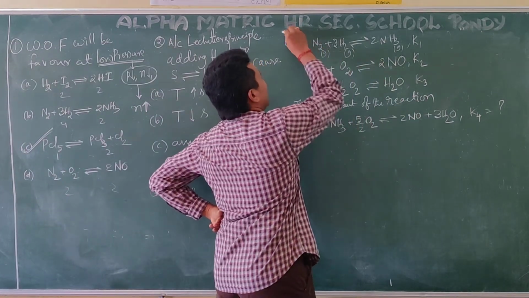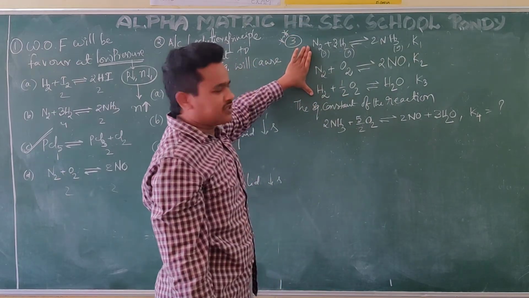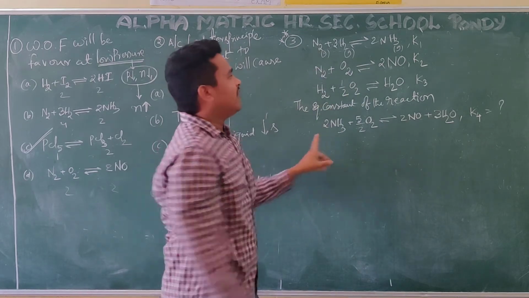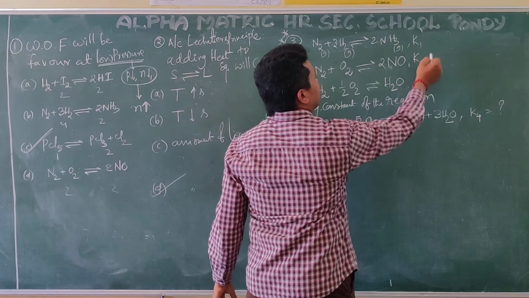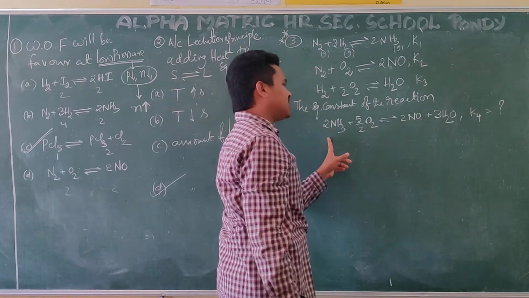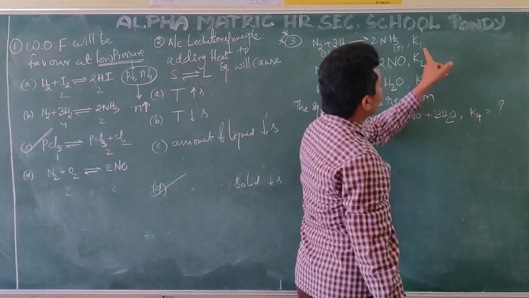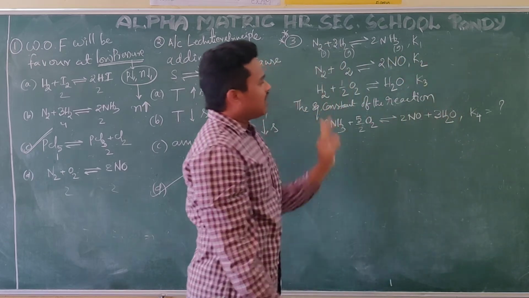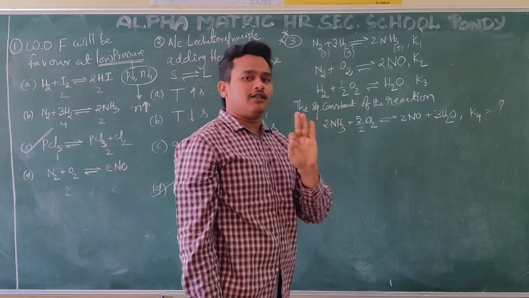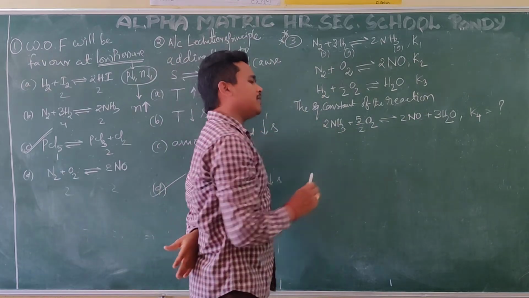This is a very important model. See this. They are giving 3 reactions, and one target reaction they are asking. For each reaction, the equilibrium constant is given: K1, K2, K3 are the equilibrium constants. Another reaction they are giving is the target reaction, for which we need K4 in terms of K1, K2, K3. Whenever you face this type of question, this type of model is also there in thermodynamics. So we have to learn it very properly. Each time one question comes based on this.